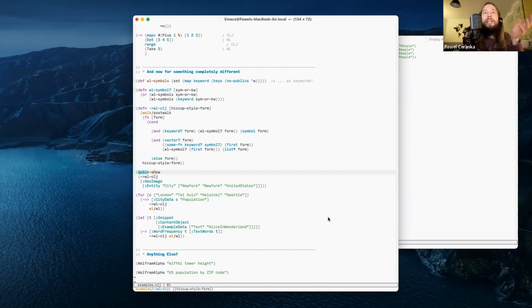Like this is a really succinct way of doing it in Wolfram Language, or maybe it's very performant, those kinds of things.